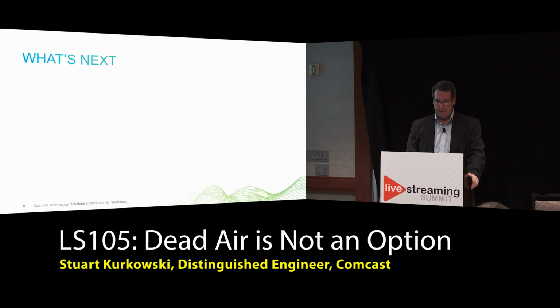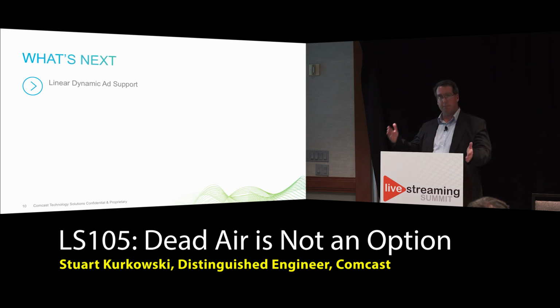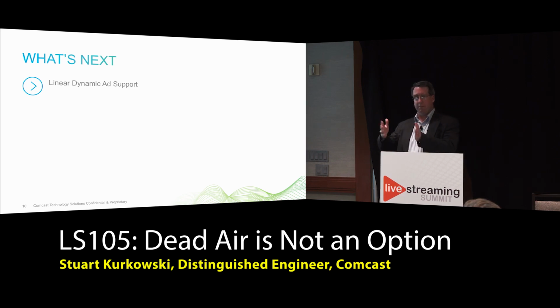So what's coming next? One of the things that people have figured out is, now that they've figured out how to do program starts and program ends, the next logical step is all those other breaks that come in our content, right? And that really centers around ad support. So now if I can get 14 days worth of program starts and ends, if you can also add your ad break data in there for me, I can also see where the breaks are coming up over the next 14 days. And in theory, the business folks could tie to that and start doing sales of where the local ad avails are versus other ones.